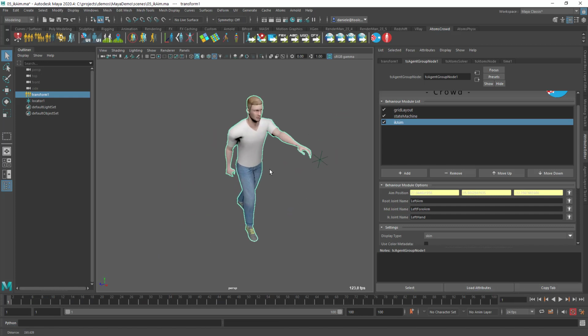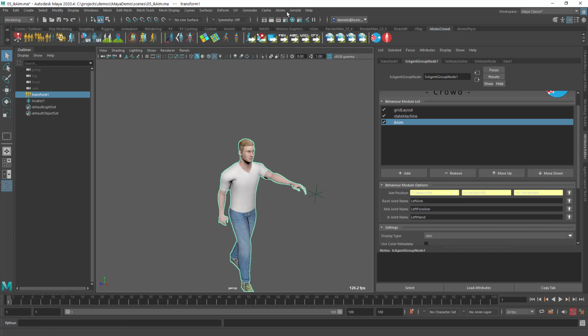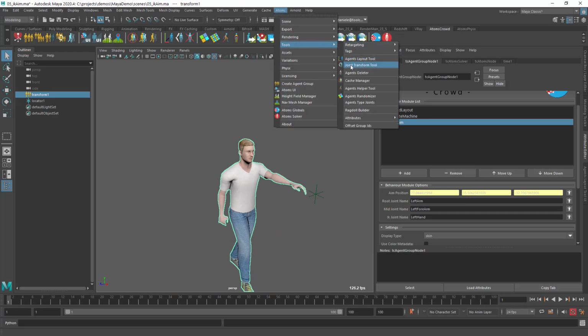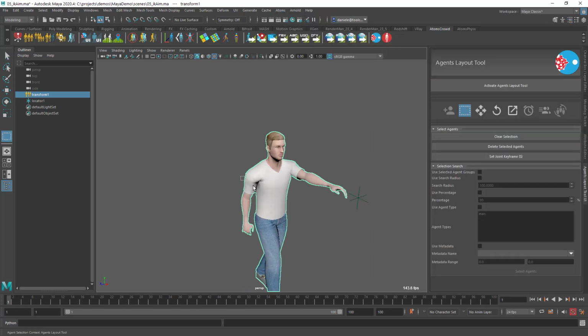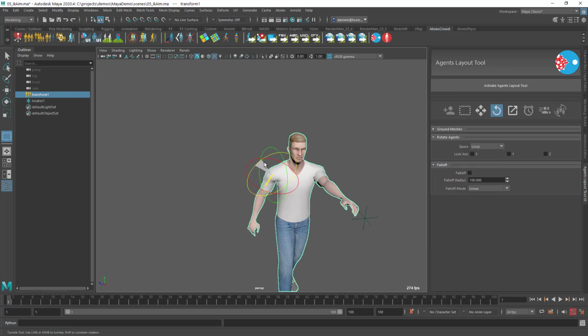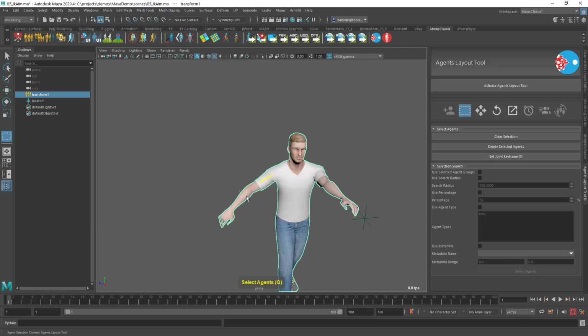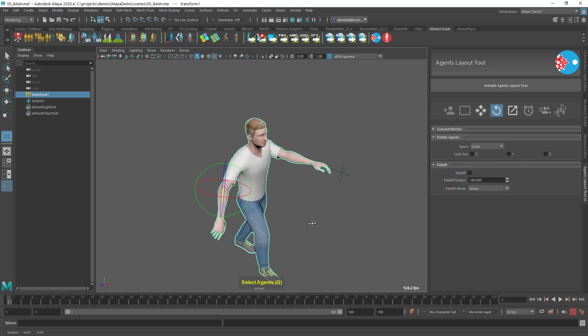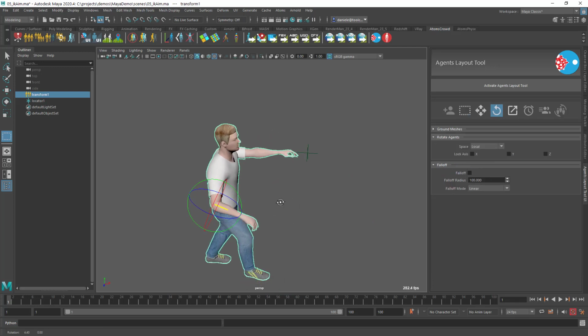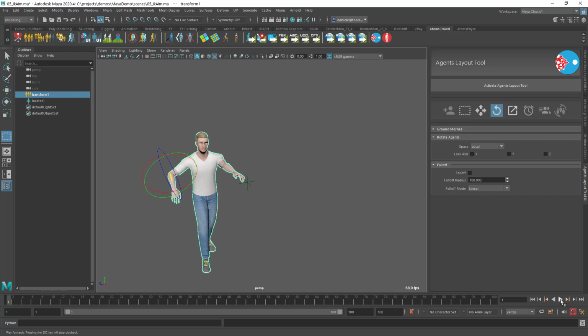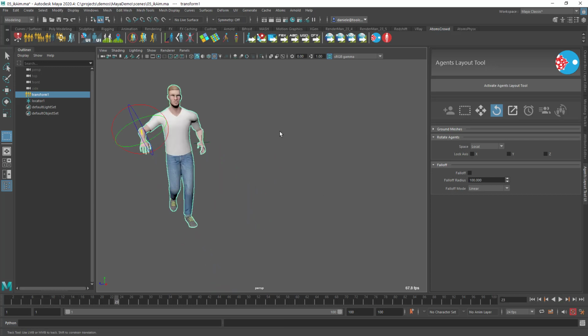You can, of course, also use different modules. For instance, another one is called the joint transform, which works in conjunction with the joint transform tool. So you can select joints. For instance, I can select that one and then rotate them like that. Then let me check, this is the angle. Yeah. And then if I press play, you will see that what we have done was just apply some offset to the